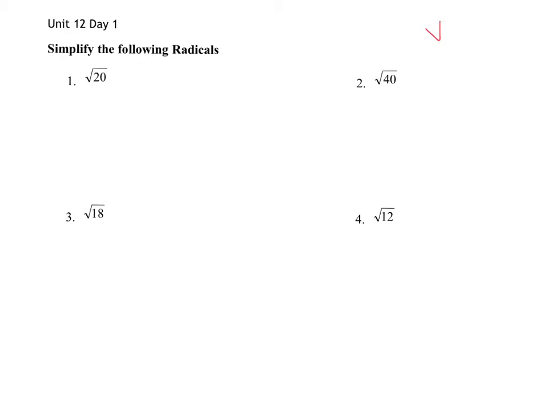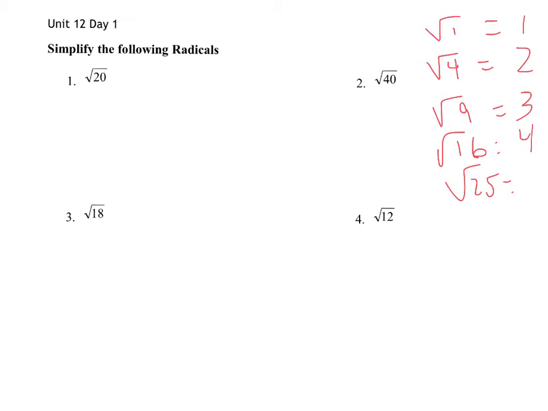I know that the square root of 1 is my first perfect square, because the square root of 1 equals 1. My next perfect square is the square root of 4, because I know that 2 times 2 gives me 4. And then I have square root of 9, which we know is 3, because 3 times 3 is 9. And then square root of 16, and the square root of 25, and the square root of 36. And we can keep going if we want to. We did the first, I think, 15 today in class. But just using these right here will help us break down pretty much any perfect square we're asking you to